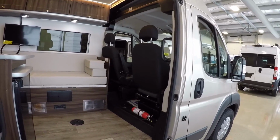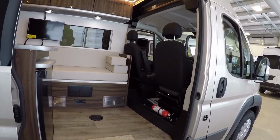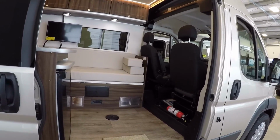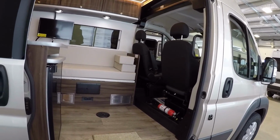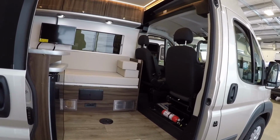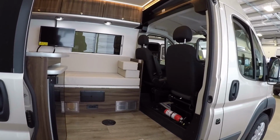You'll have 2 lithium-ion batteries that'll run an air conditioner 3.5 hours or so. You'll have 200 watts of solar panels on the roof to help those batteries regenerate if you're not running the air conditioning, for instance. It would really just self-regenerate with normal usage. But if you are running the air conditioning, you can really go anywhere you want with the Volt Start option, as soon as the batteries start running low,